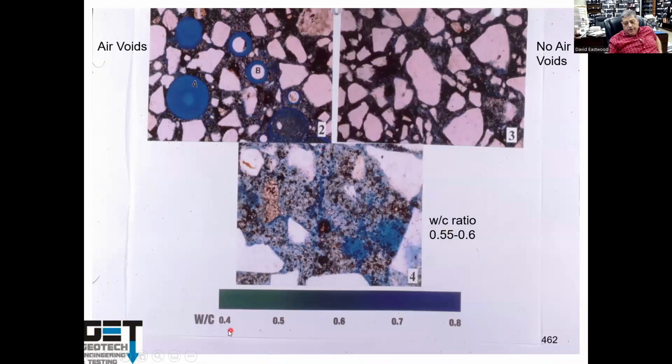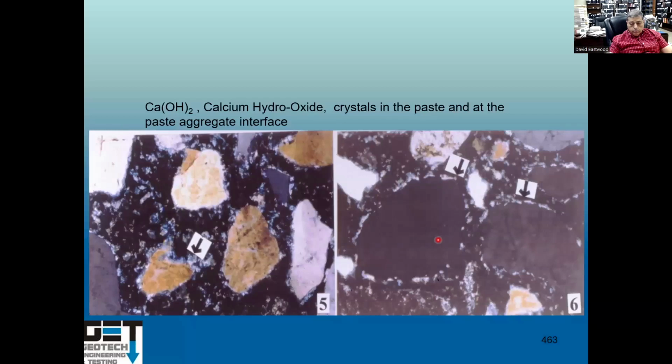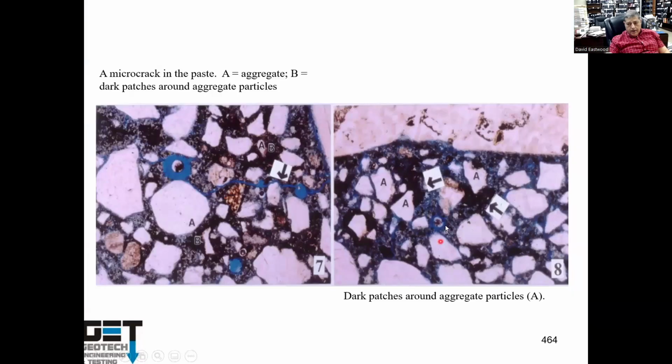If you look at the water cement ratio, typical concrete has a water cement ratio of about 0.4. Here's 0.55 to 0.6. That means they added too much water to the concrete. That's why you've got all those shrinkage cracks. Here you look at the crystals in here. These are calcium hydroxide crystals. And here you've got all these dirty aggregates, the black stuff. If you have a bunch of clays around your aggregates, you get high water cement ratio and lower strengths. Here's a micro crack